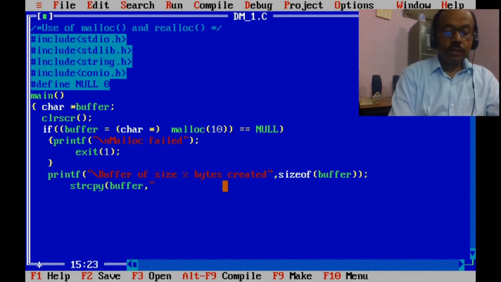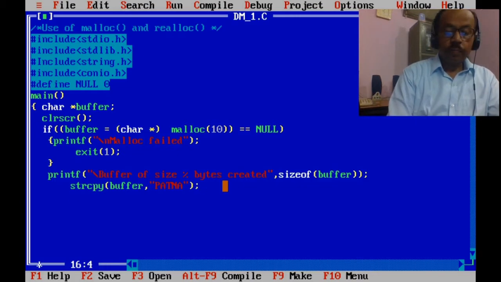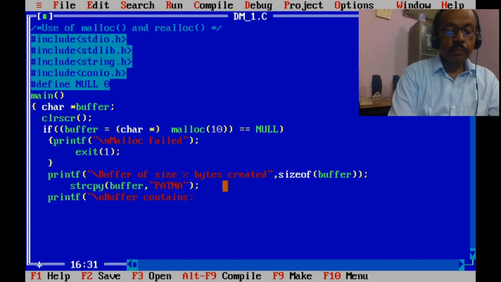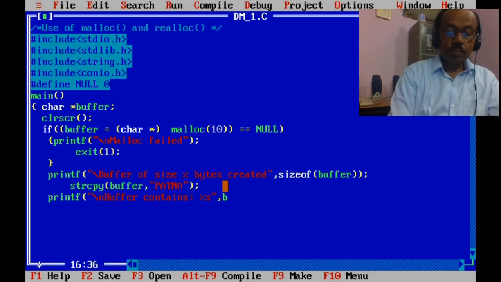Let's assign Patna to the buffer. Printf "buffer contains %s", string buffer.